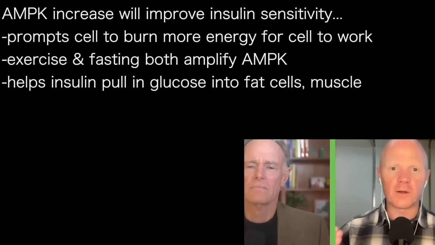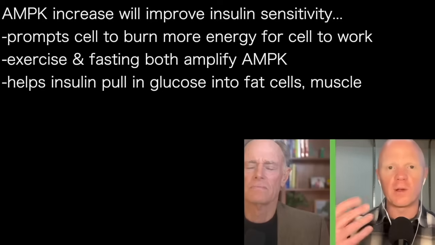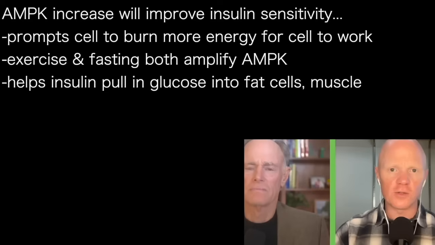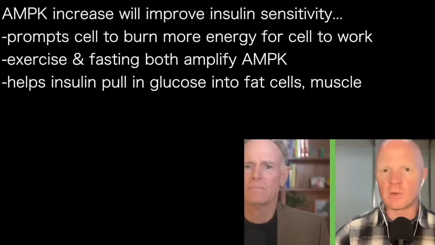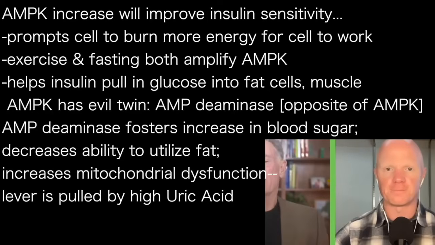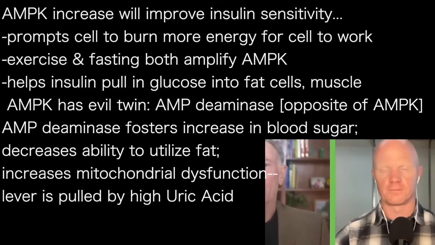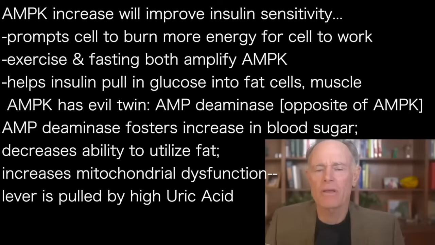So one way or another, we have to go through AMPK in order to open up these insulin-dependent glucose doors and pull in the glucose. So in that sense, AMPK once again becomes a primary solution to improving insulin sensitivity because it will directly activate that pathway. Yeah, and that does feed back to our discussion moments ago about uric acid. We know that AMP has to be metabolized, and generally we consider the fact that that's what AMP kinase is all about, but it turns out that AMPK has an evil twin, which is AMP deaminase.